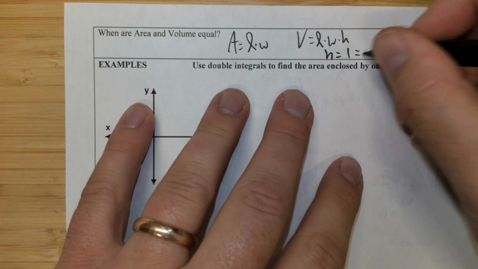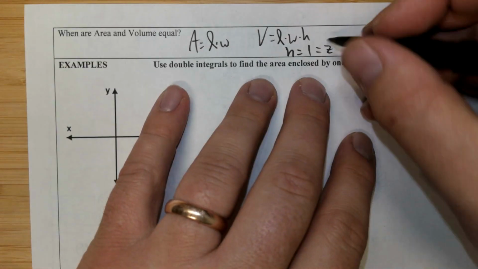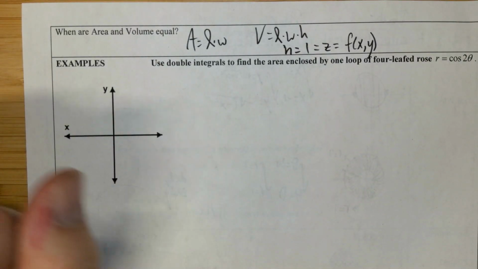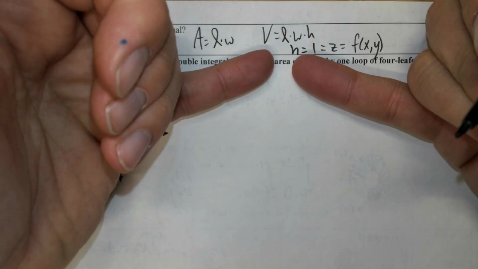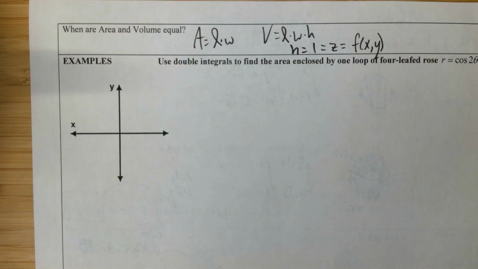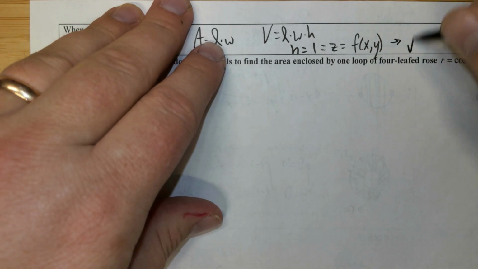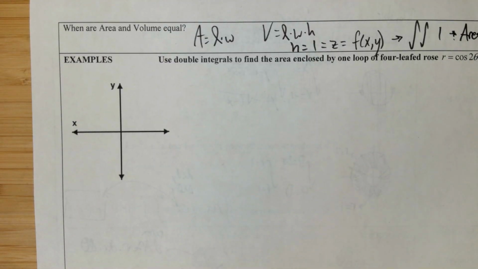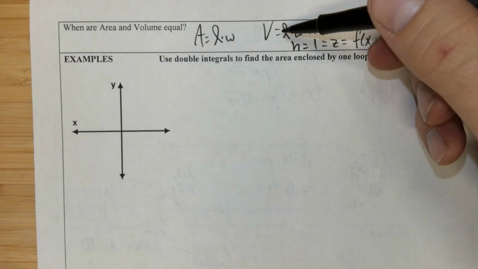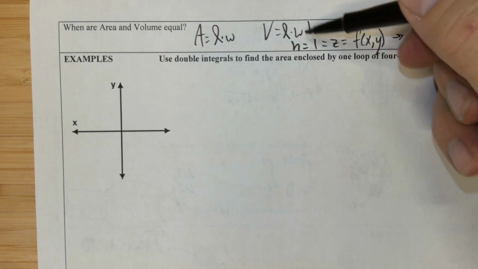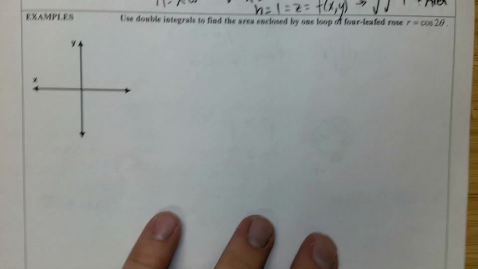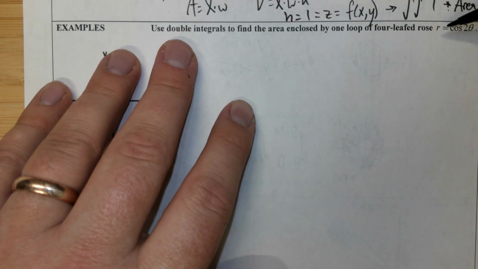Well, when we're in Calc 3, we call height z, and z is a function of x and y. So if I want to find the area, I just do the double integral of 1, because the area will be equal to the volume when the height is 1, and the length and width are my bounds, and the height is my z, my integrand. So use double integrals to find the area of the